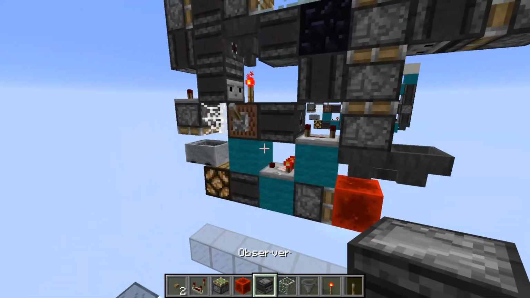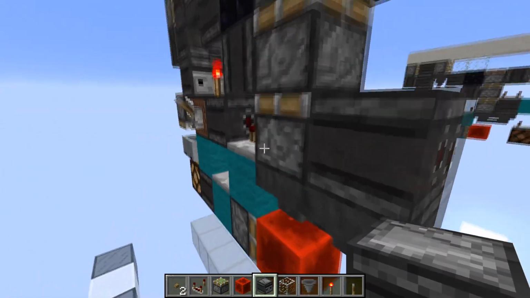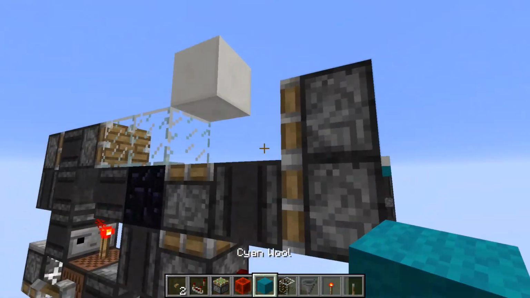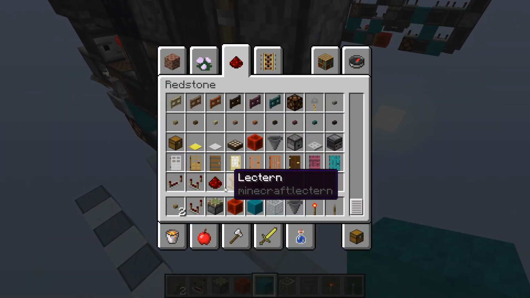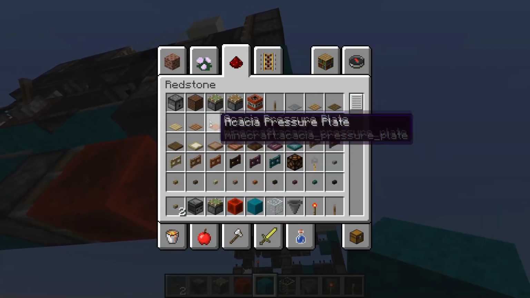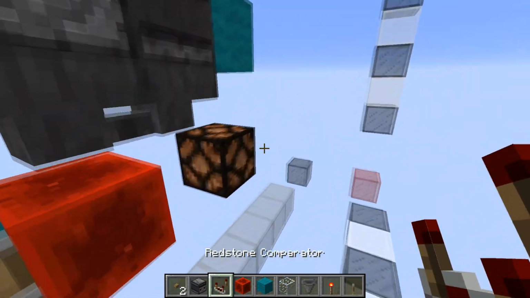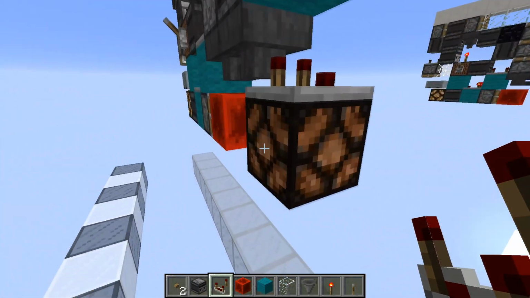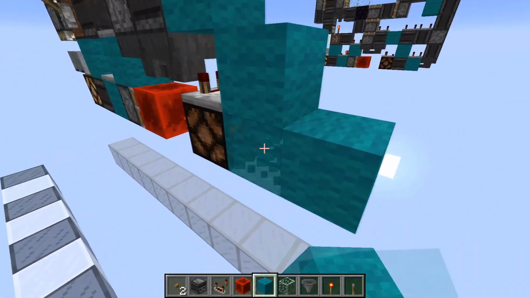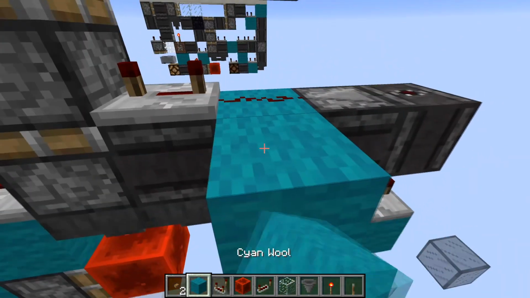So this entire side of the door is done. Now for the rest of the door, we're first going to have an observer that detects this bottom piston here, and will power this 4 tick repeater here, which acts as a double extender for these top 2 pistons. So just like that. Then first we're going to have a lamp here, which is powered by this redstone block. We're also going to place a comparator on top of it, which will power a block which will power a 3 tick repeater here,